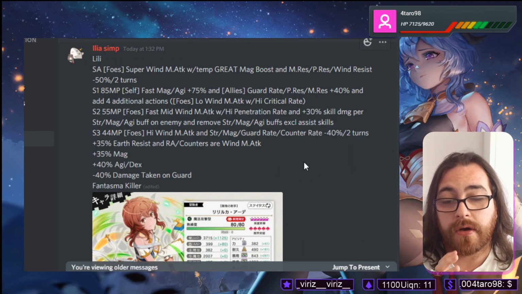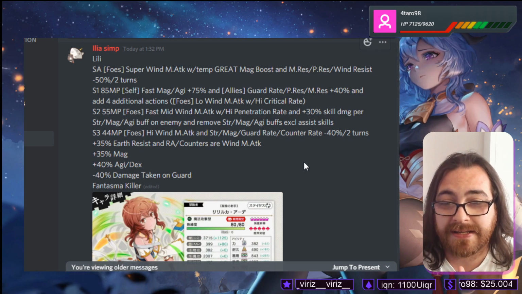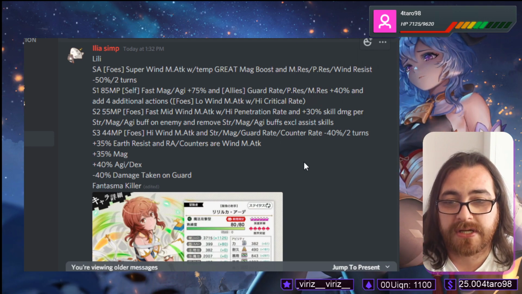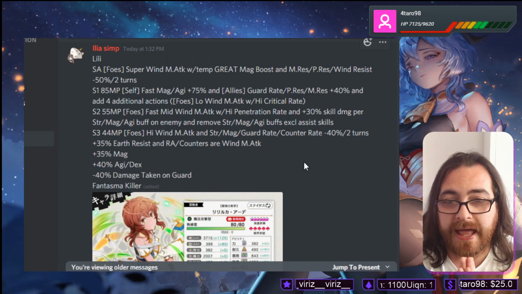strength, magic, and agility buff on the enemy, and removes said buffs. So you gain up to 90% additional damage. Wait, no, that's not 90. It's double that. It's 180, right? So plus 180% damage if they've got strength, magic, and agility buffs on both assists and adventurers, and then removes